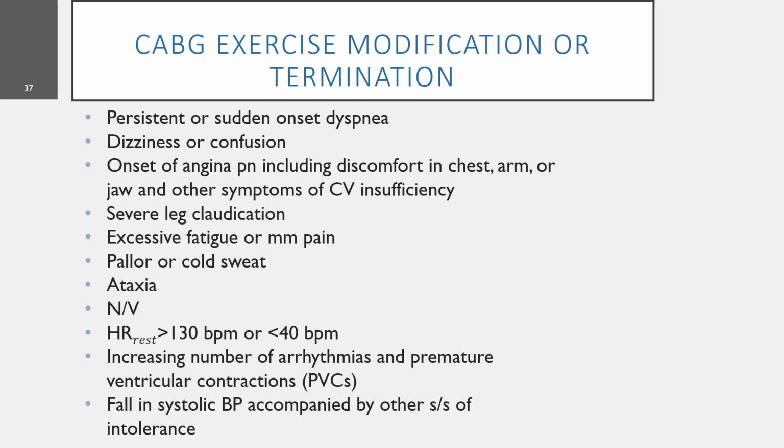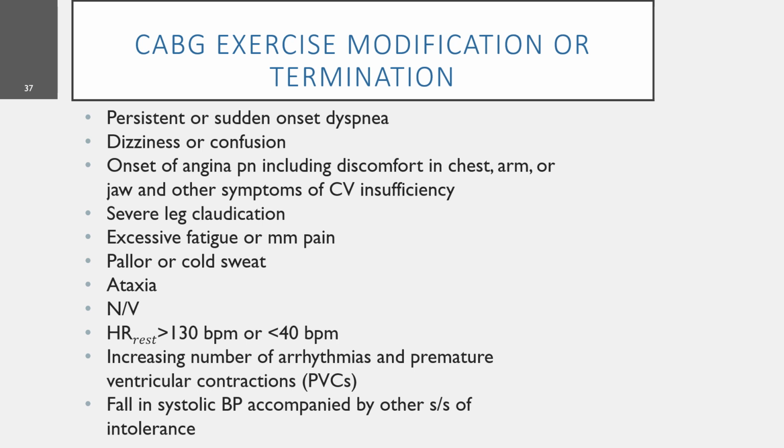Clinical signs include pallor, peripheral cyanosis, cold or moist skin, staggering gait or ataxia, confusion or blank stare in response to inquiries, a resting heart rate of more than 130 beats per minute or less than 40 beats per minute, more than 6 arrhythmias per hour, frequent premature ventricular contractions, uncontrolled diabetes mellitus with blood glucose more than 250, oxygen saturation less than 90, acute infection or temperature more than 100 degrees Fahrenheit, persistent drainage or change in drainage from the incision, increased swelling, tenderness, or redness around any incision site, inability to converse during activity, blood pressure abnormalities,